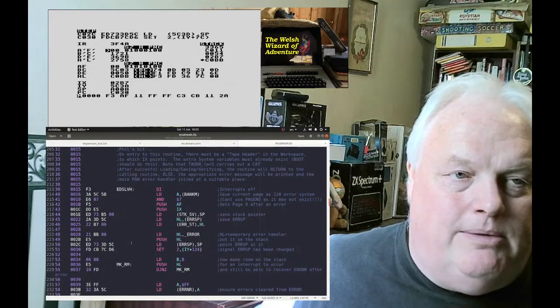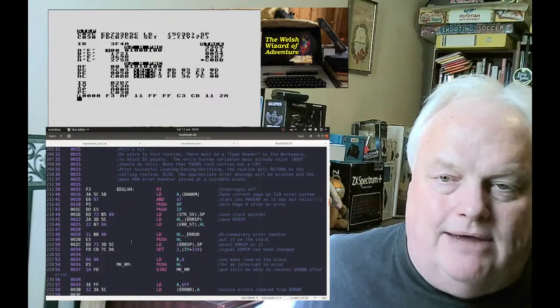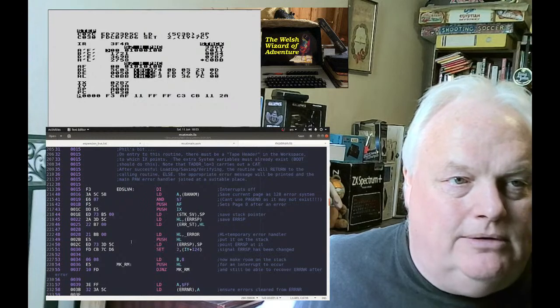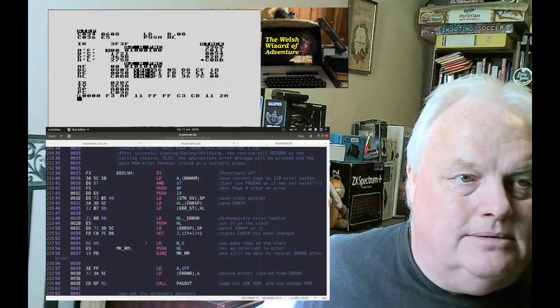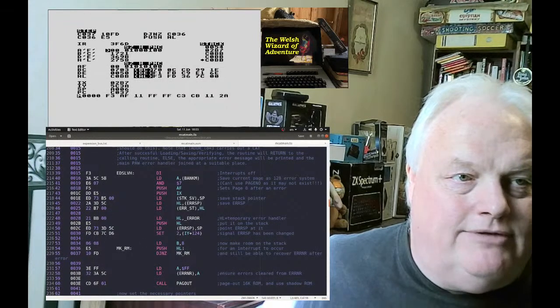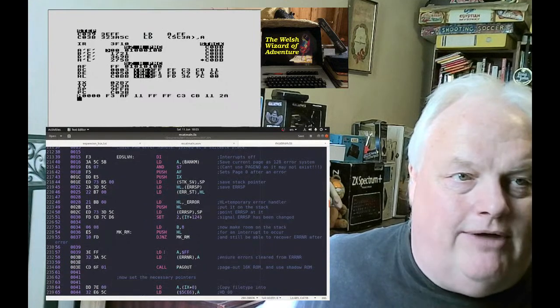So now we will jump back to here. Set to IY plus 7C. That must be one of the extra variables. So load B with 8, push HL. Okay, this is going to make enough space. It's pushing some space on the stack so that we don't damage anything. Okay, and we load FF